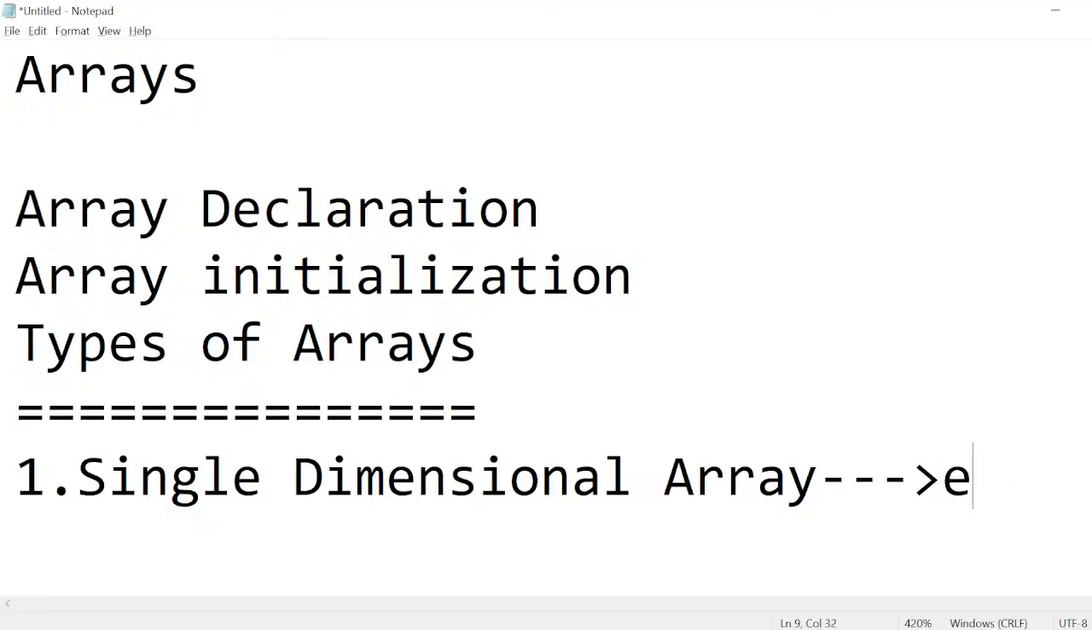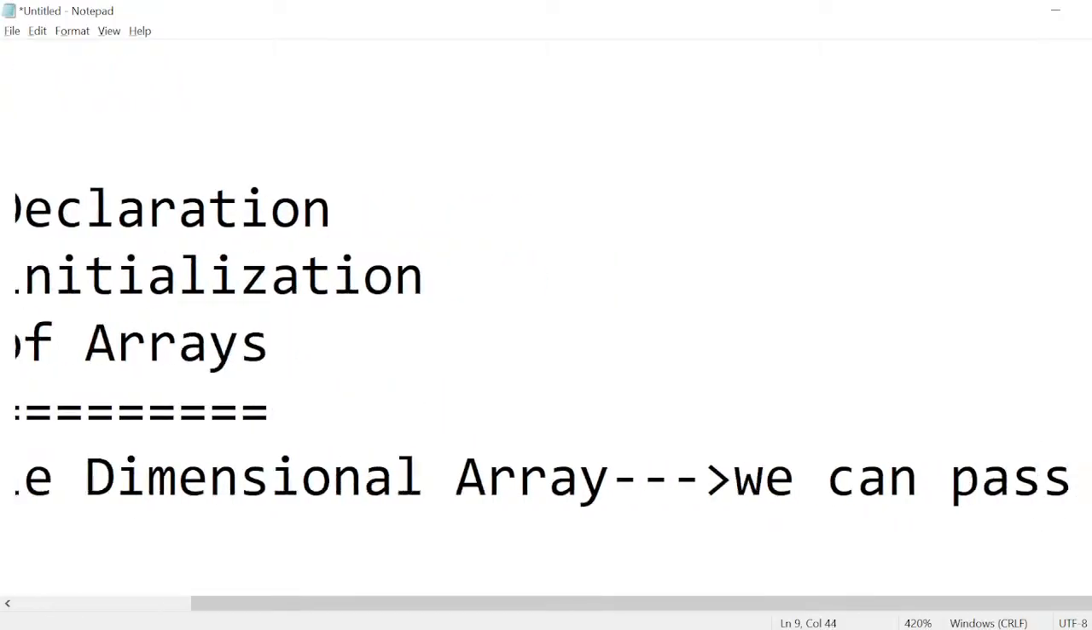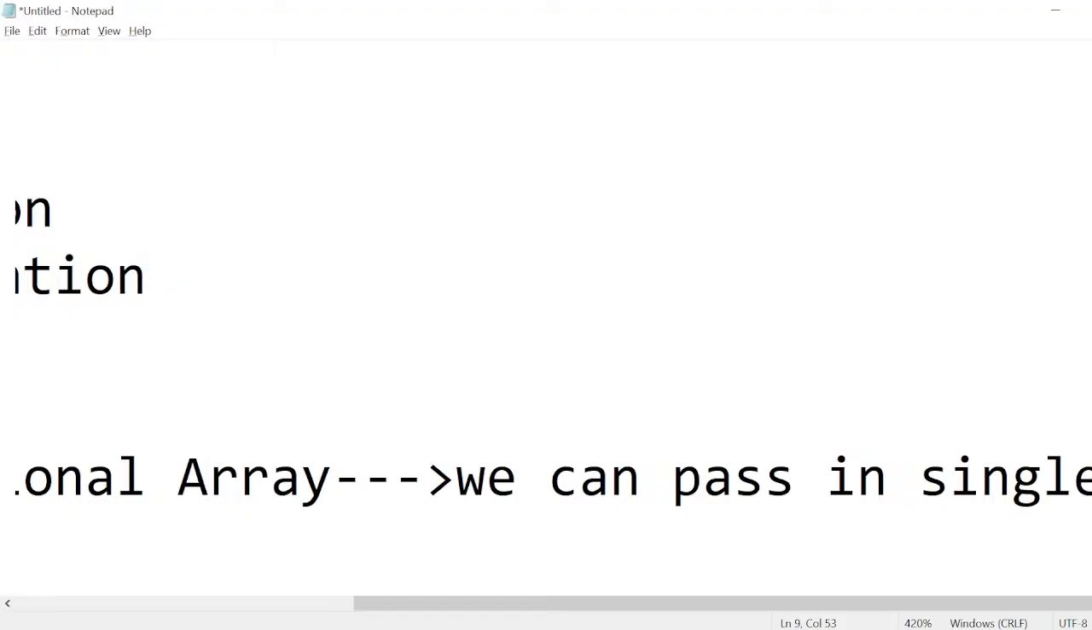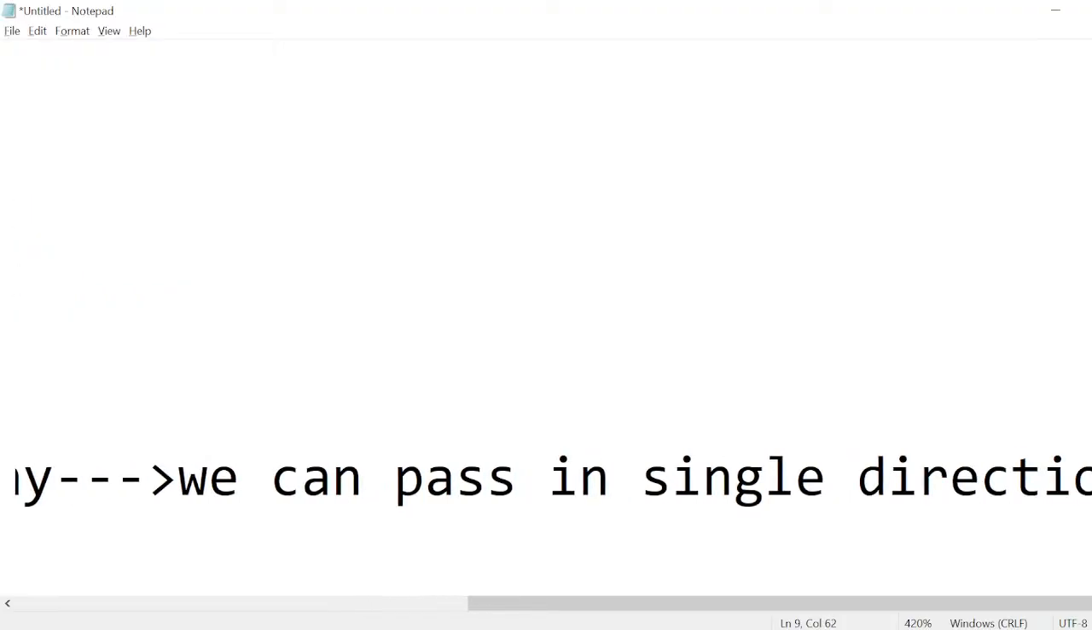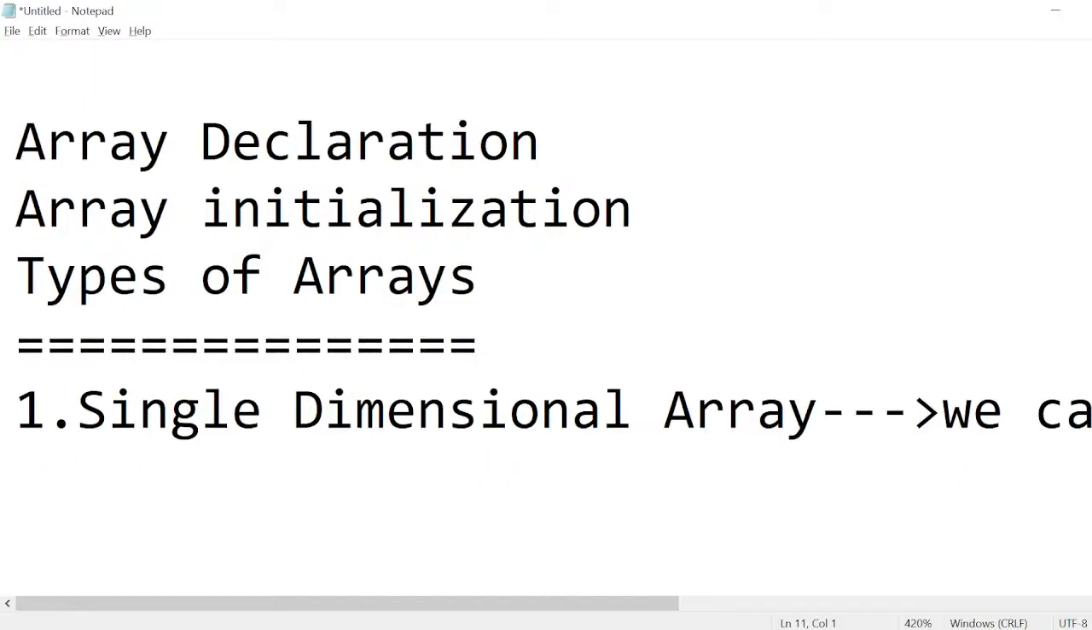We can pass the values in a single direction. What is the syntax for the single dimensional array? Data type, and this is the symbol for a single dimensional array. When I mention square braces, this is the symbol for a single dimensional array, and then the variable name